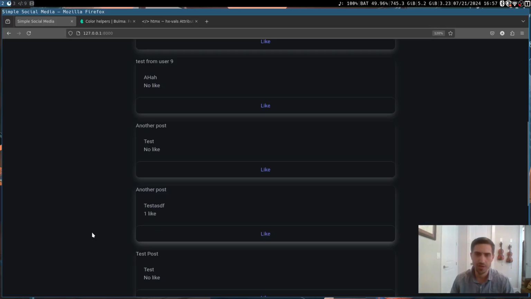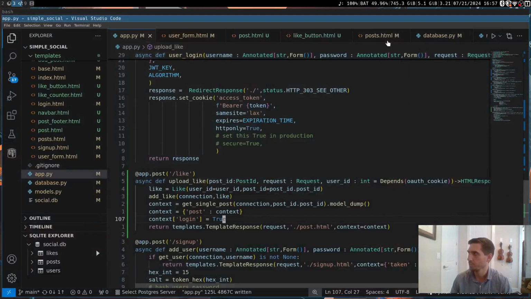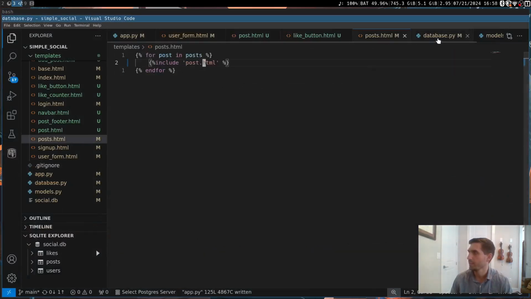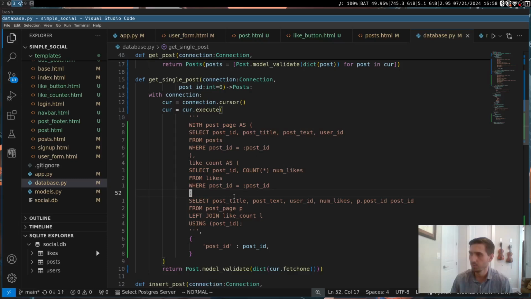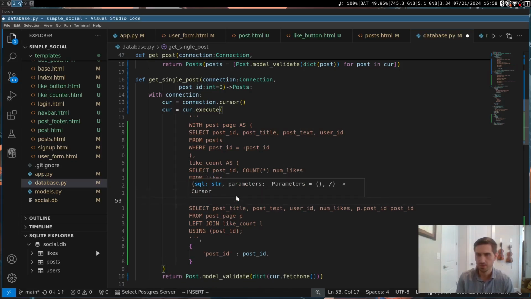So we'll go and do that real quick. In order to do that, we again need to change our query for the post. If we go back to our database, we'll need to do one more CTE here, on both the get single post and all the posts. On this one, we'll say, okay, select